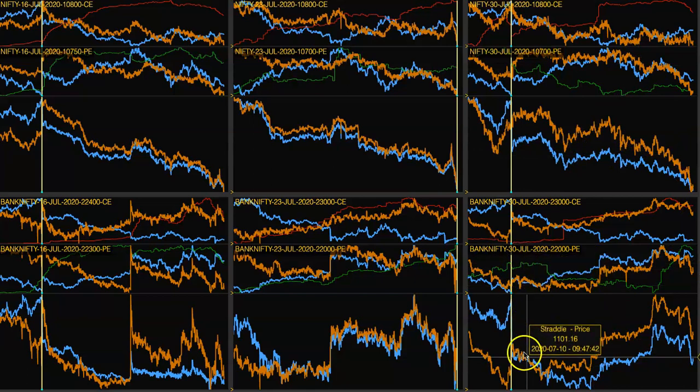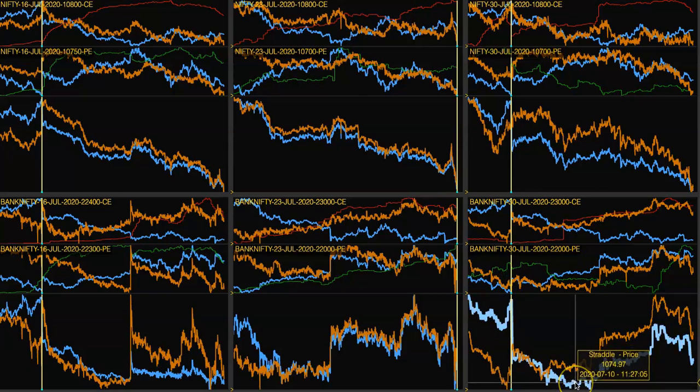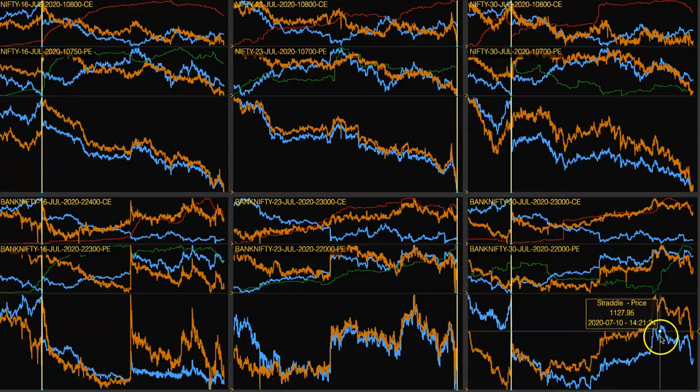And if you look at here, there is a huge IV crash, and the straddle price also fell down. If you have bought around both these strike prices at around 10,070, it went till 10,131. That is around 60 points. As we can see, there is lots of IV increase, but in the current month there is lots of IV crash, and the straddle price has crashed. So ultimately it has to go up.